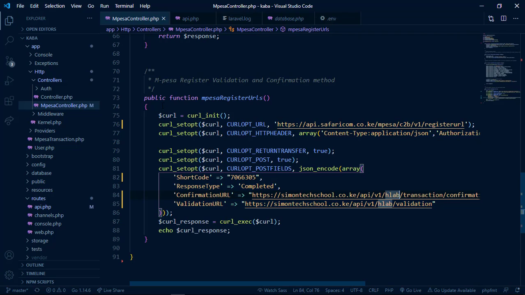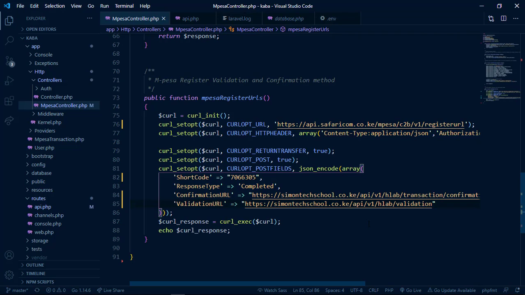After registering, this confirmation URL is where the data will come after Safaricom has authenticated the payment. So when the customer enters the correct PIN or uses those instructions to pay and authenticates or does whatever is in those instructions,